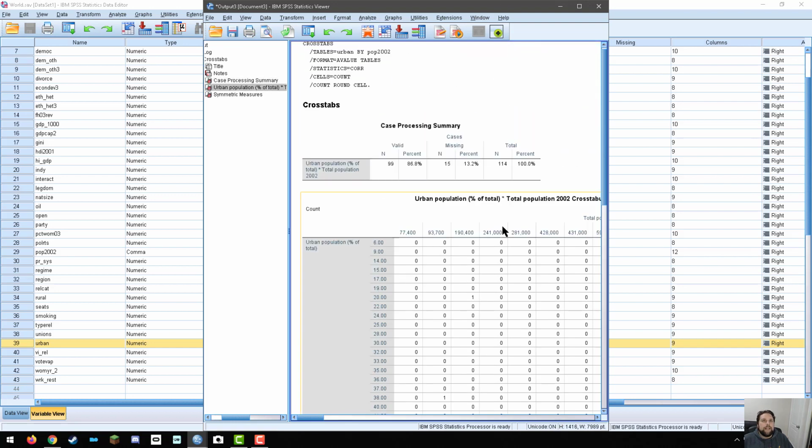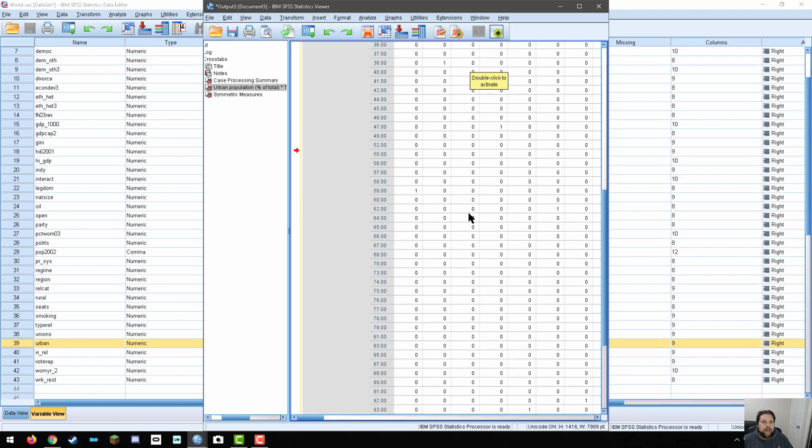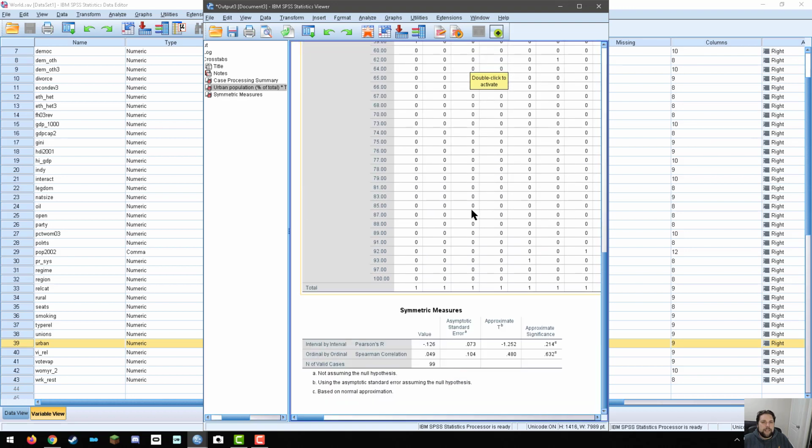Like I said, when you have interval and ratio level data, you're going to have a whole lot of different values in this matrix, so it might get a little too large to handle. But again, symmetric measures, that's what we're most interested in. So this is our actual Pearson's R value for when we do correlation testing. We've got standard error and our approximate t-value, but we're most interested here in the approximate significance. In this case, it's